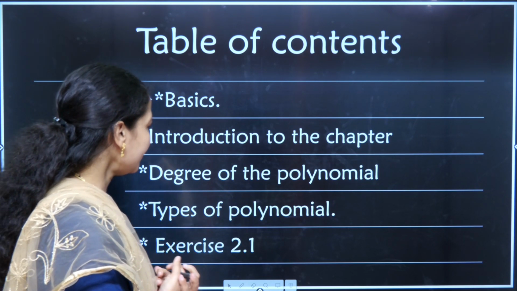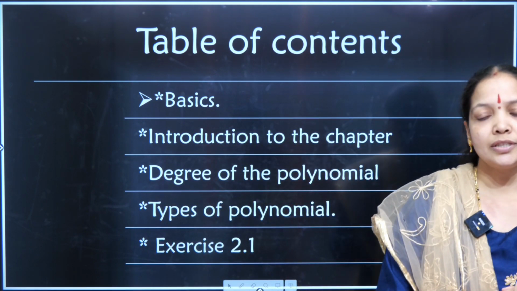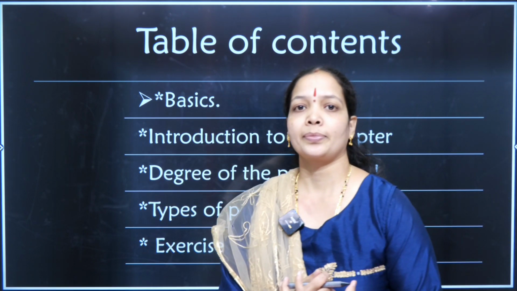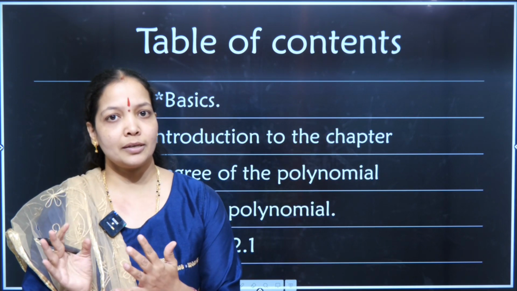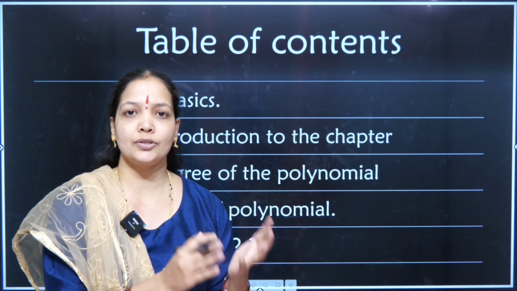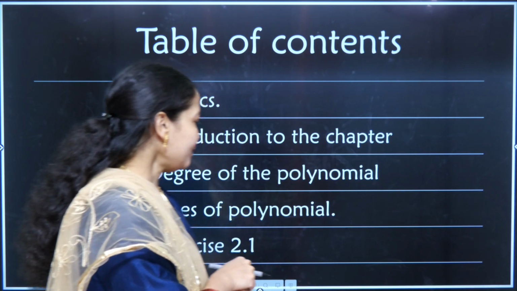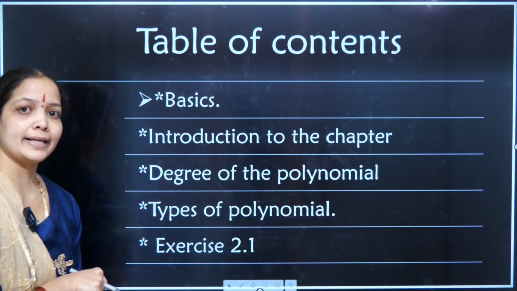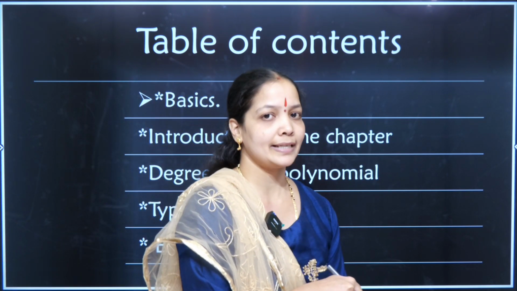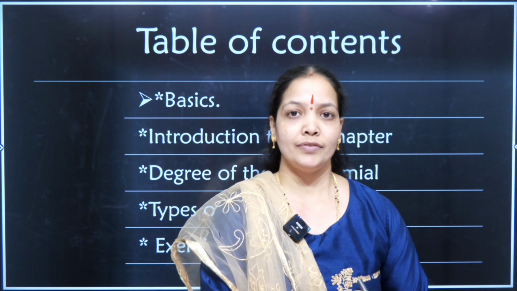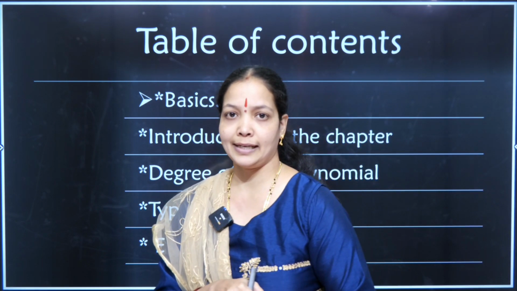Then we have come up with types of polynomials. There are various types of polynomials based on terms also and based on the degree also. So how to analyze when given with respect to terms, how to analyze when given with respect to degree is the key aspect of the whole session. And then we start with exercise 2.1, the first exercise of class 10th portion, second chapter, and we'll be giving you again a worksheet as well as the notes of the chapter in the link below.